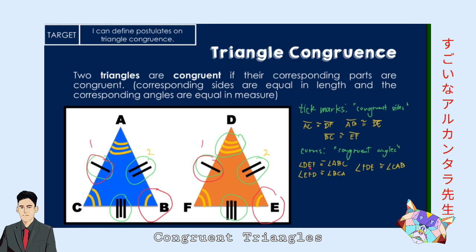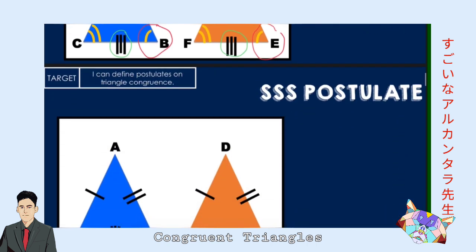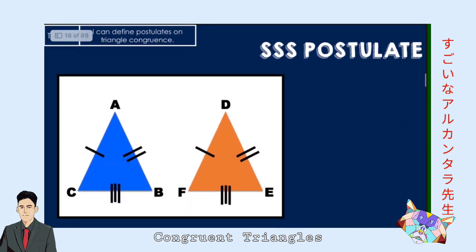The one in particular that we're going to talk about is what we call the SSS postulate. The S stands for side. So basically SSS means side, side, side postulate,